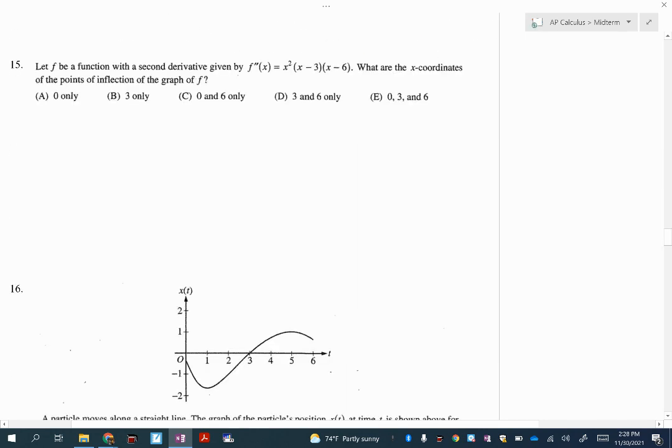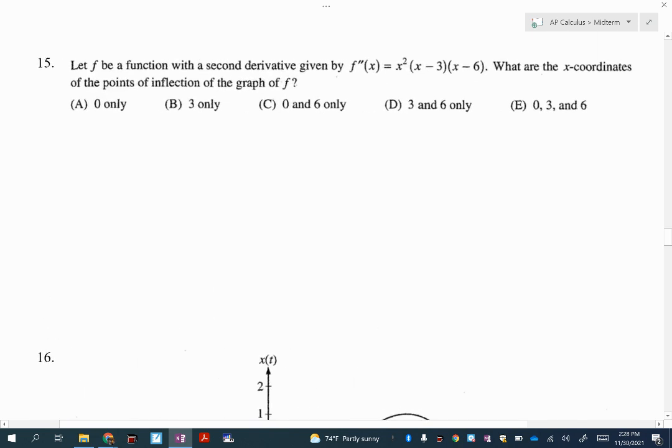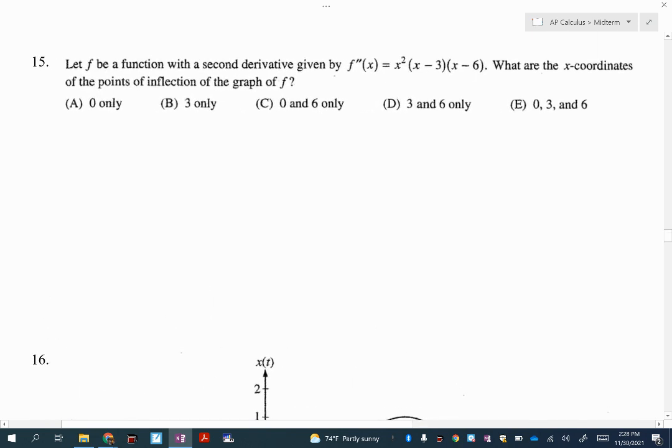Okay, 15. We have a function, and it says the second derivative is given by this, and what are the x-coordinates of the points of inflection of the graph of our original function f. So this is saying whenever you change concavity, going from concave up to concave down to concave up, you have a point of inflection. So in this case, if I find my critical points, set this second derivative equal to 0,